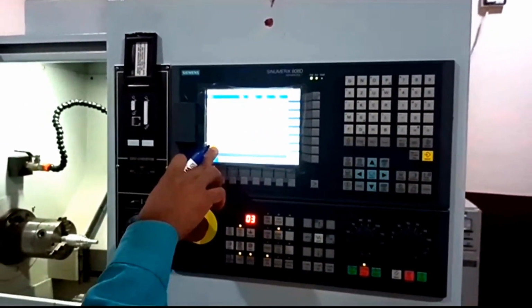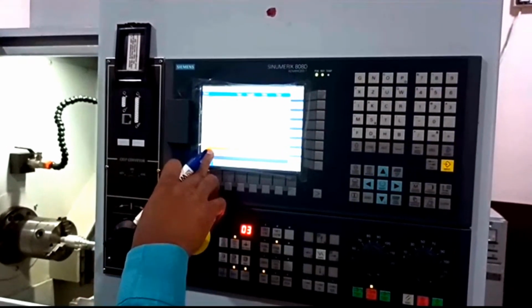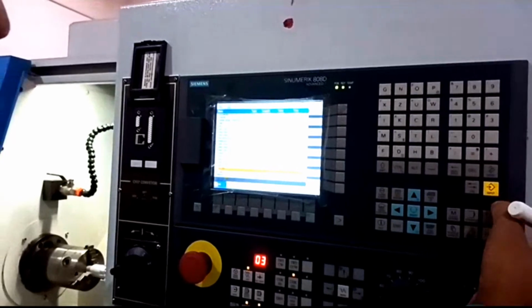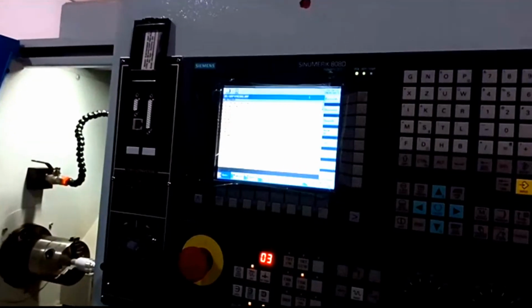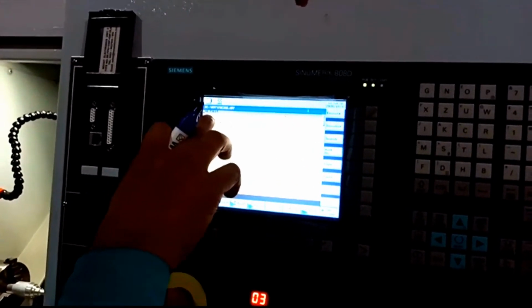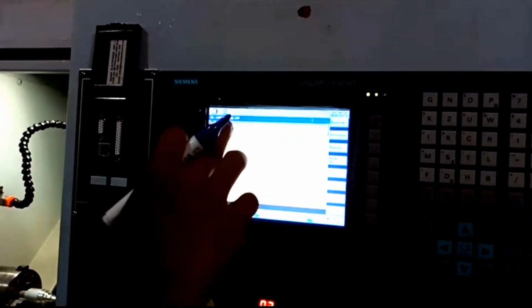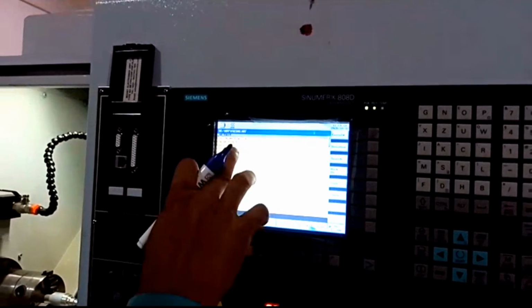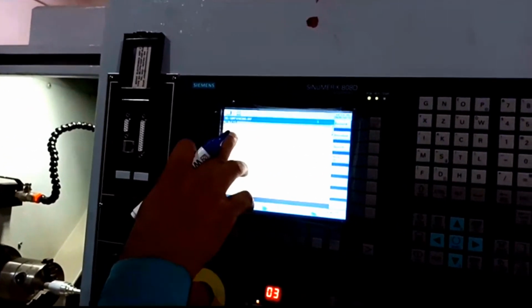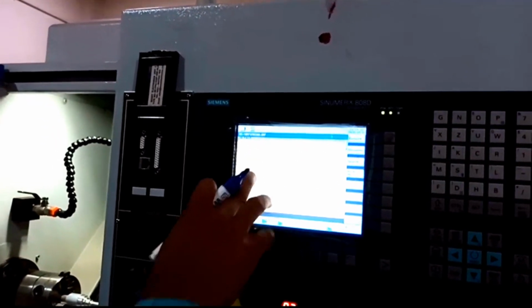Suppose there is a program named facing, we are selecting this. Clear? After selecting this, we are going to the input. After input, there is a very small program, and at first there are some limits and some process to writing the program. The first line is just the formalities. From the next line, the original program starts.